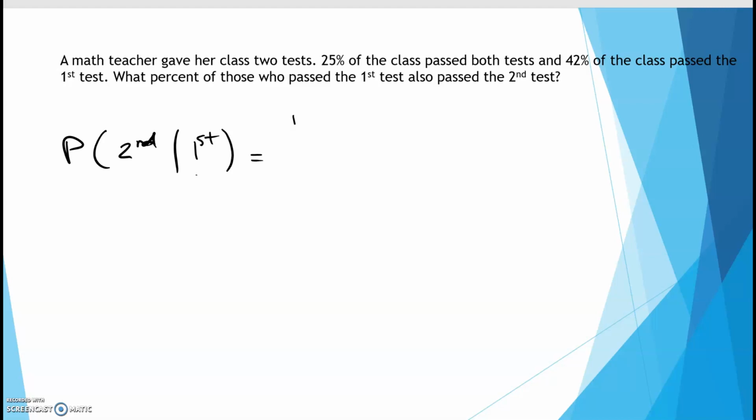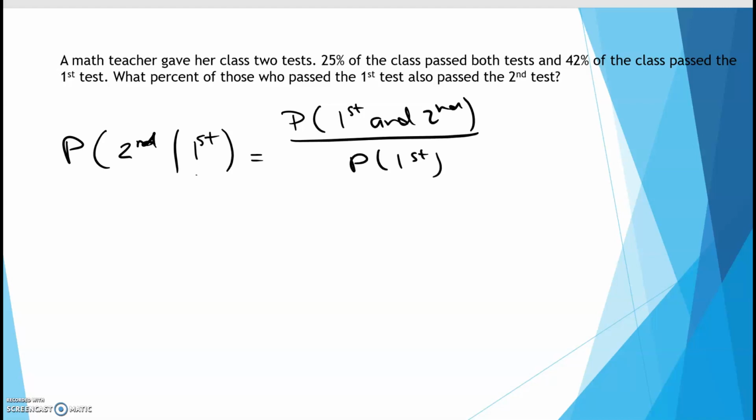Okay, so this will be the probability of passing the first and passing the second divided by passing the first. So passing both of the exams, that would be 25%. We'll take it out of percentage, so 0.25. And then what's the probability of passing the first test? That was 42%, or 0.42. And then divide those two numbers, and you get